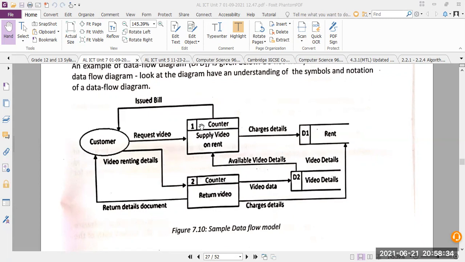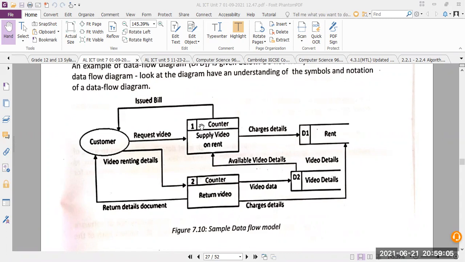The data is flowing between the customer, the counter and the storage. In what order the data is flowing is what is drawn in a data flow diagram. Understood? So this is how data flow diagrams are drawn. We will be learning how to create our own data flow diagram.